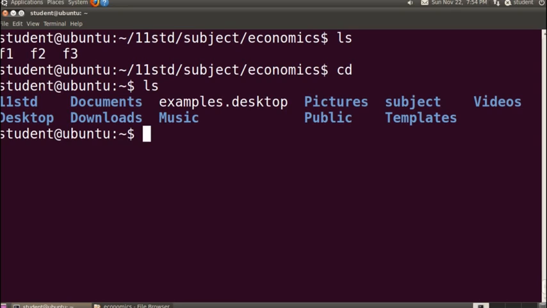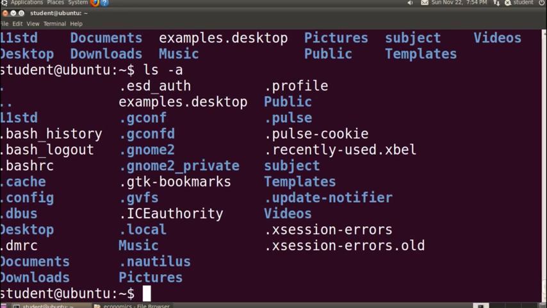Among them, the first option is that, for example, if I type ls space -a, then it will display all the files and folders which start with a dot.